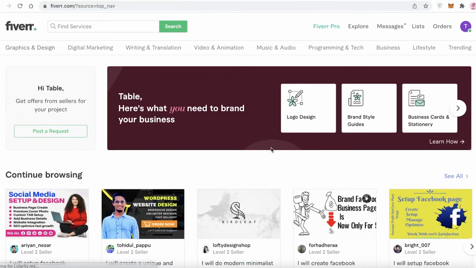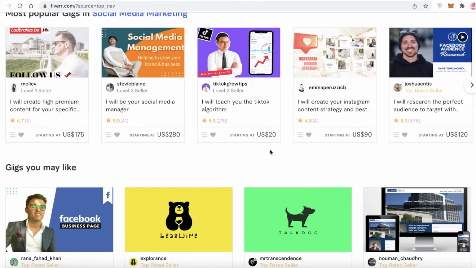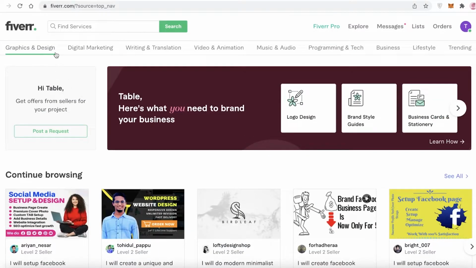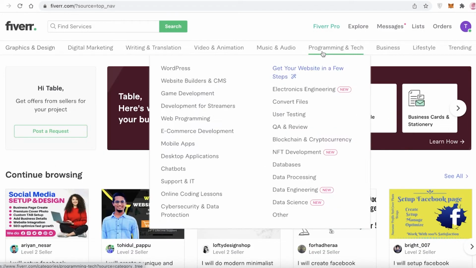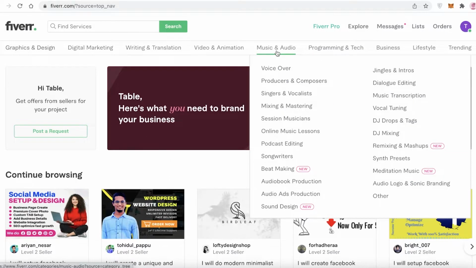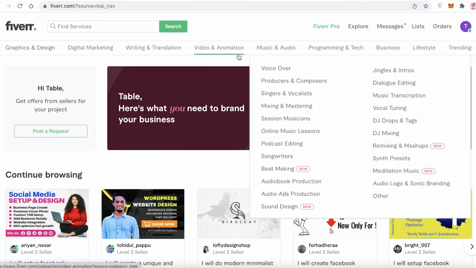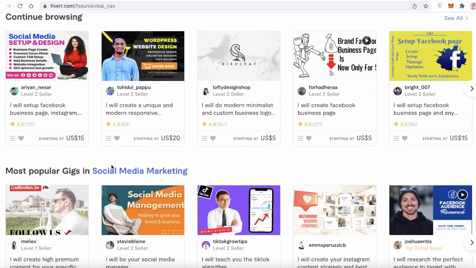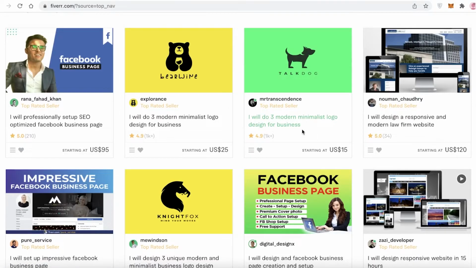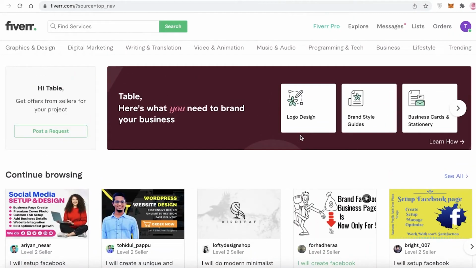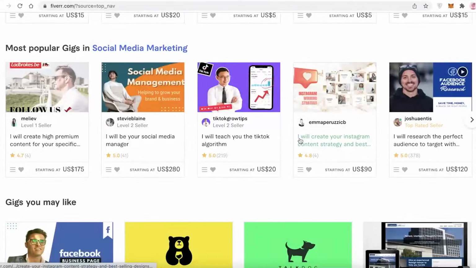You can easily book any kind of gig or hire from any kind of profession you want. You can find so many different variable categories of work. There are people in every field of work working on Fiverr to provide their services, and freelancers as well. And you can find freelancers from anywhere from graphic and design to programming and tech, business, lifestyle, drop shipping, NFTs, any kind of freelance service that you're looking for. You can definitely outsource it onto Fiverr, and usually you will find the most competitive rates because Fiverr has